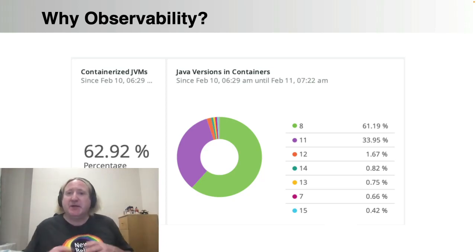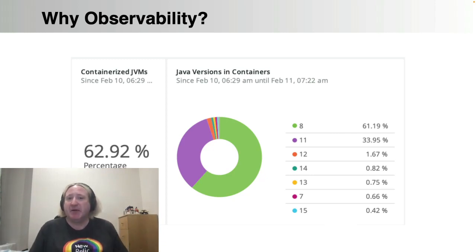For fun, on the right-hand side here, I'm also showing you the breakdown of the Java versions. Again, these numbers are about a year out of date, and in fact, if we looked at them again today, we would see that Java 11 has increased even more than that. Java 11 is now in the lead, very slightly over Java 8.